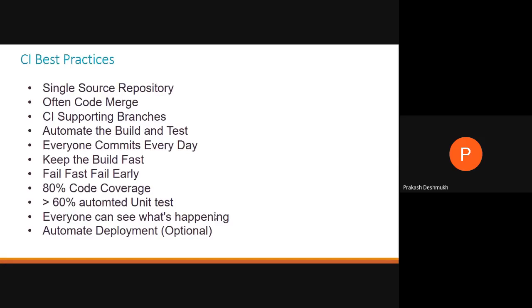Then often code merge is another best practice. I'll show you one branch structure, how branching should be, how code should be merged and delivered across, and how it is related to the releases also. Then CI supporting branches: your branching strategy should support CI. If you want to merge code frequently, then you should have minimum branches. There should not be any overhead in merging the code. So few merges,